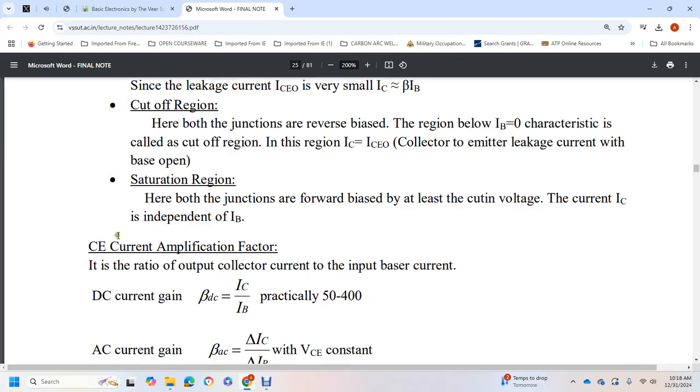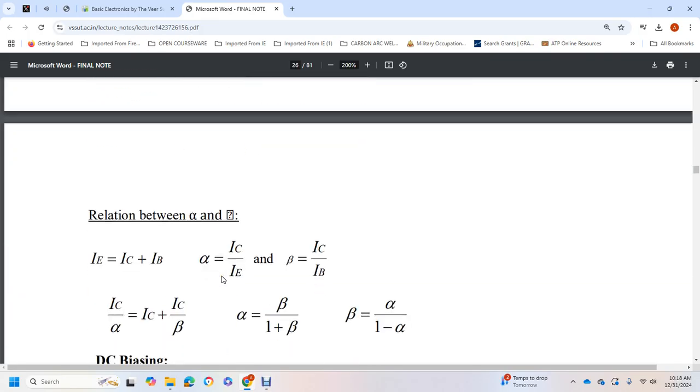Collector emitter current amplification factor ratio. Output collector current to input base current, DC current gain. DC current gain, AC current gain between